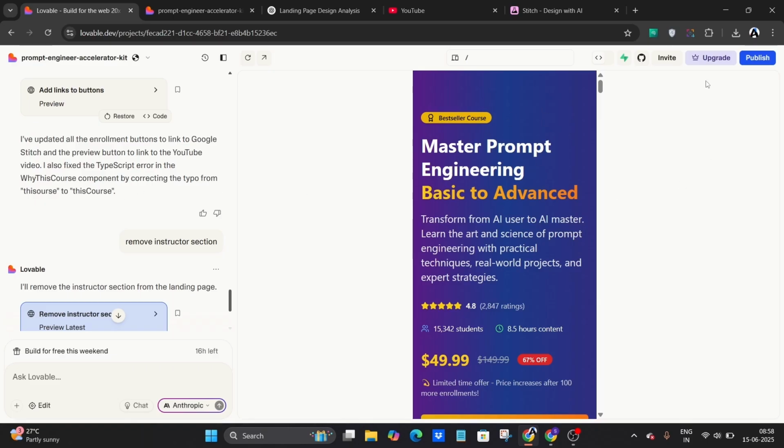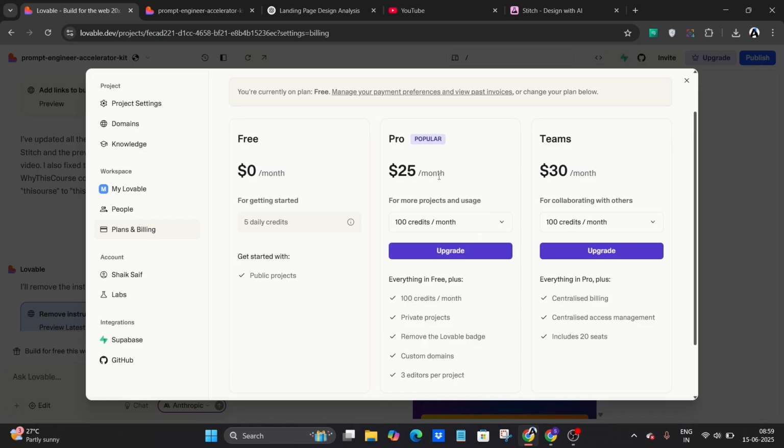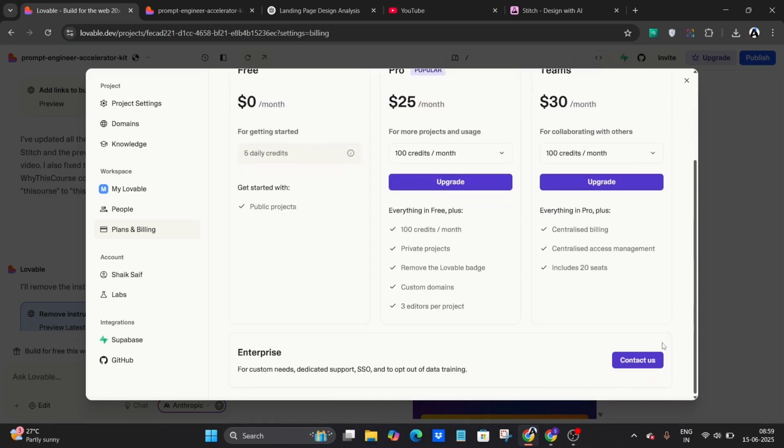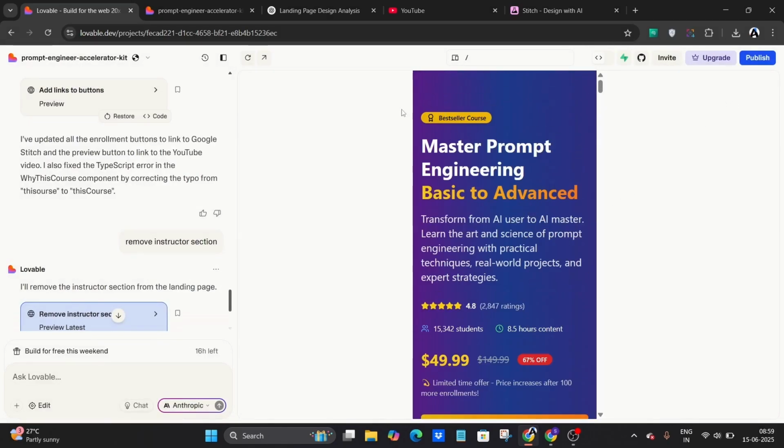If you are looking to create a private landing page or website, you need to upgrade to the particular plan they are showing here, which includes everything in Plus, and you can easily create private projects. This is a private project, so it is accessible only to you instead of the public, and they cannot remix it. For private projects you can use the monthly upgrade. But if you love this landing page and you need to have it free and also create a private project,